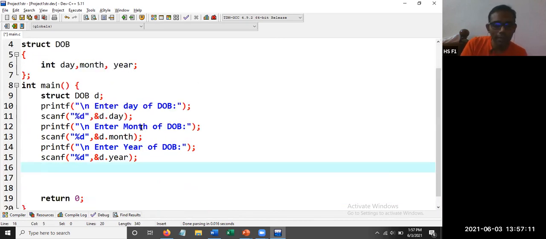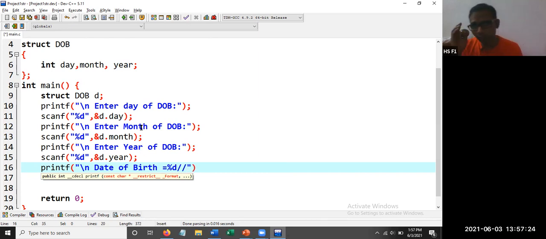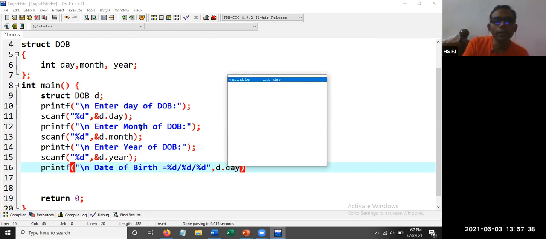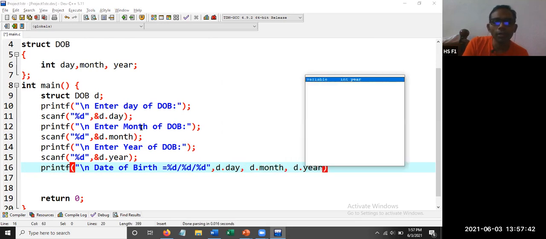Now we are going to print them back. Printf, then \n date of birth is equal to %d slash. Now whenever you give slash, let us give one single slash and see whether we are getting the output or not. %d slash %d, comma d dot day, comma d dot month, comma d dot year.